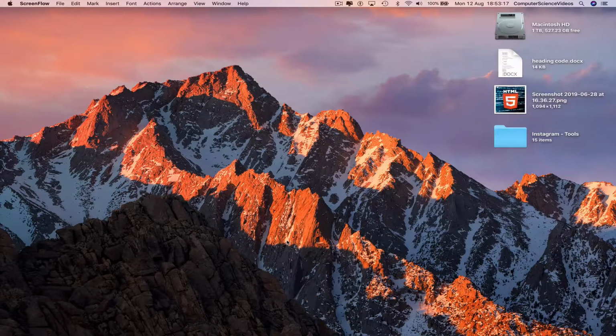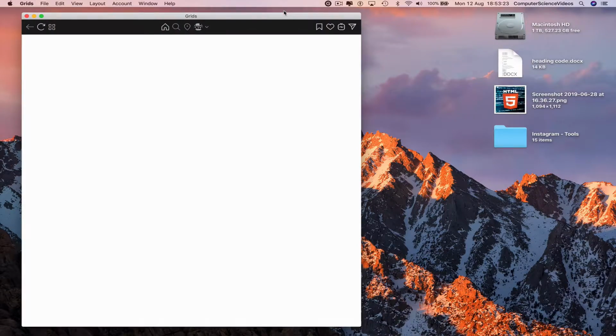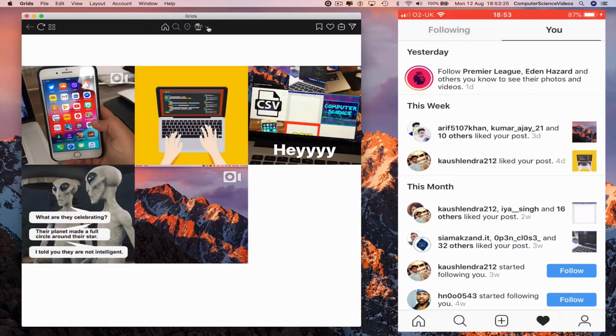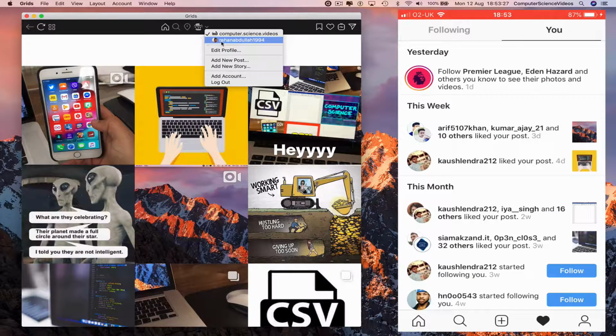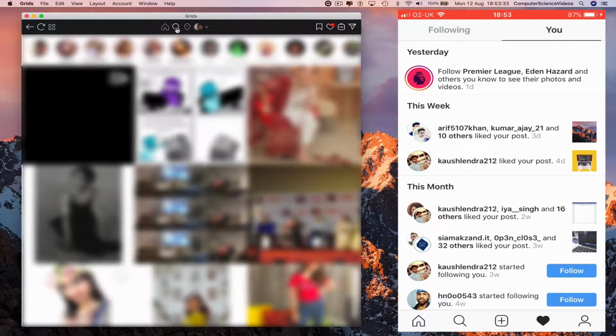If not, I can then go all the way down to the dock, click on Grids, make sure we are signed into the account, and now we can switch accounts, go to my other account that I use, search for Computer Science Videos,